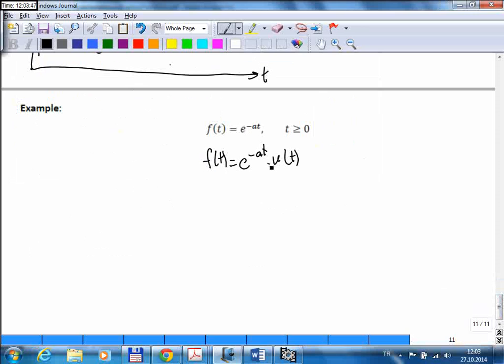Okay, by multiplying this with u of t, you make sure that the function is defined in the positive t range, and for negative t values, its value is 0. So these two are equal. And my f of t is u of t, and I know that the Laplace transform of